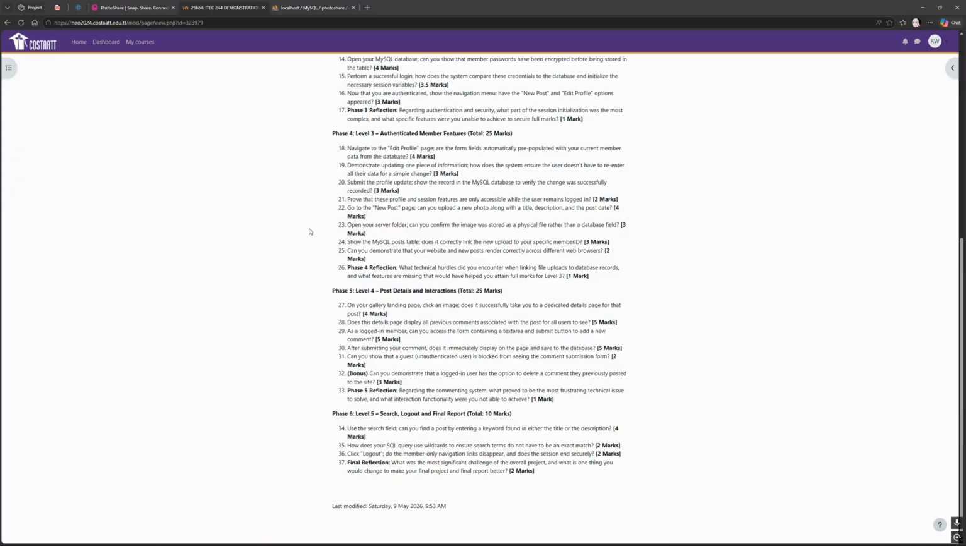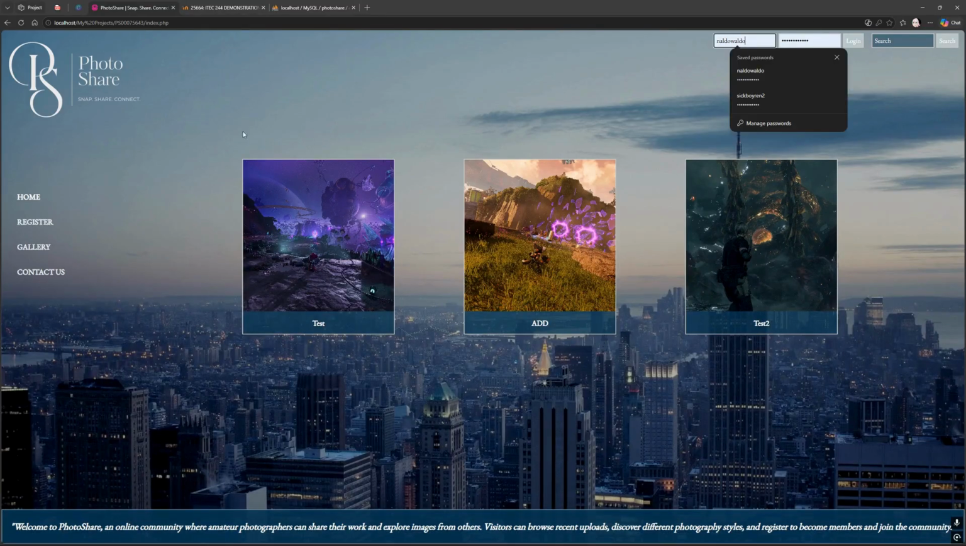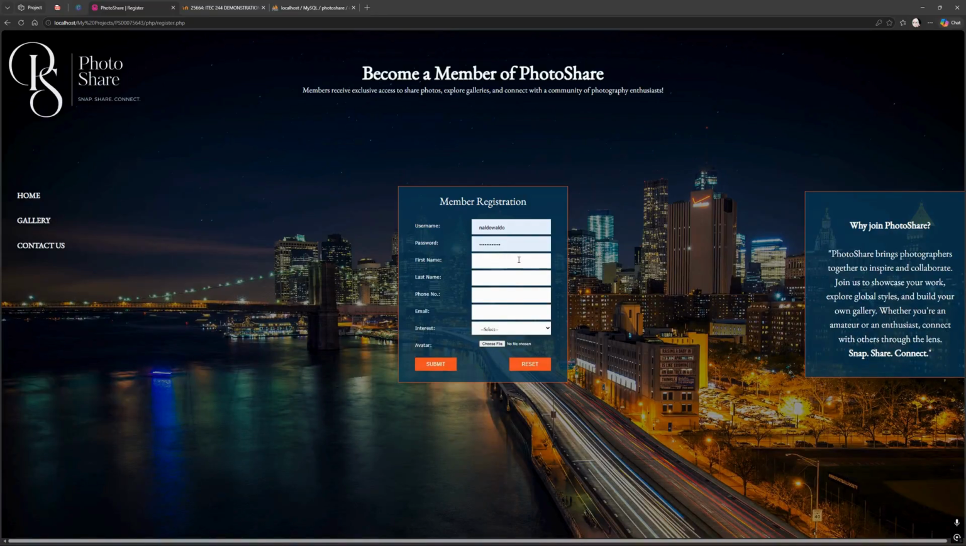What is one thing you would change to make your final project and final report better? My final project, I would add a whole lot more quality of life changes for the user. So as I mentioned in the registration form, I will add the option for the password. If I enter any password here, it should update live to say the password is too long, too short, or